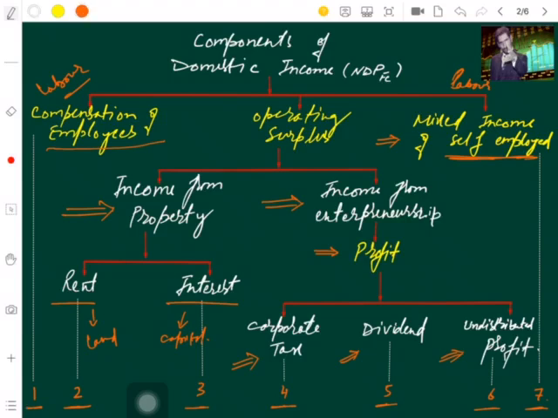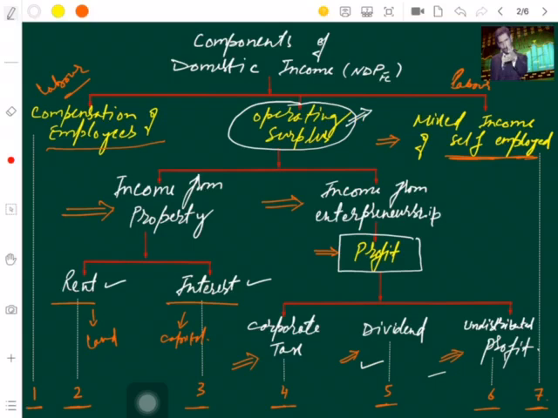Keep it in mind. If in a numerical you have been given the operating surplus, I am encircling it. The value of operating surplus is given. Then when you read the components further, somewhere you find that profit is also given. Or any part among these, rent is given, interest is given, dividend is given, undistributed profit is given. So bear it in mind, dear students. These are all parts of this operating surplus. So please take the value of operating surplus only and forget about all these other things.